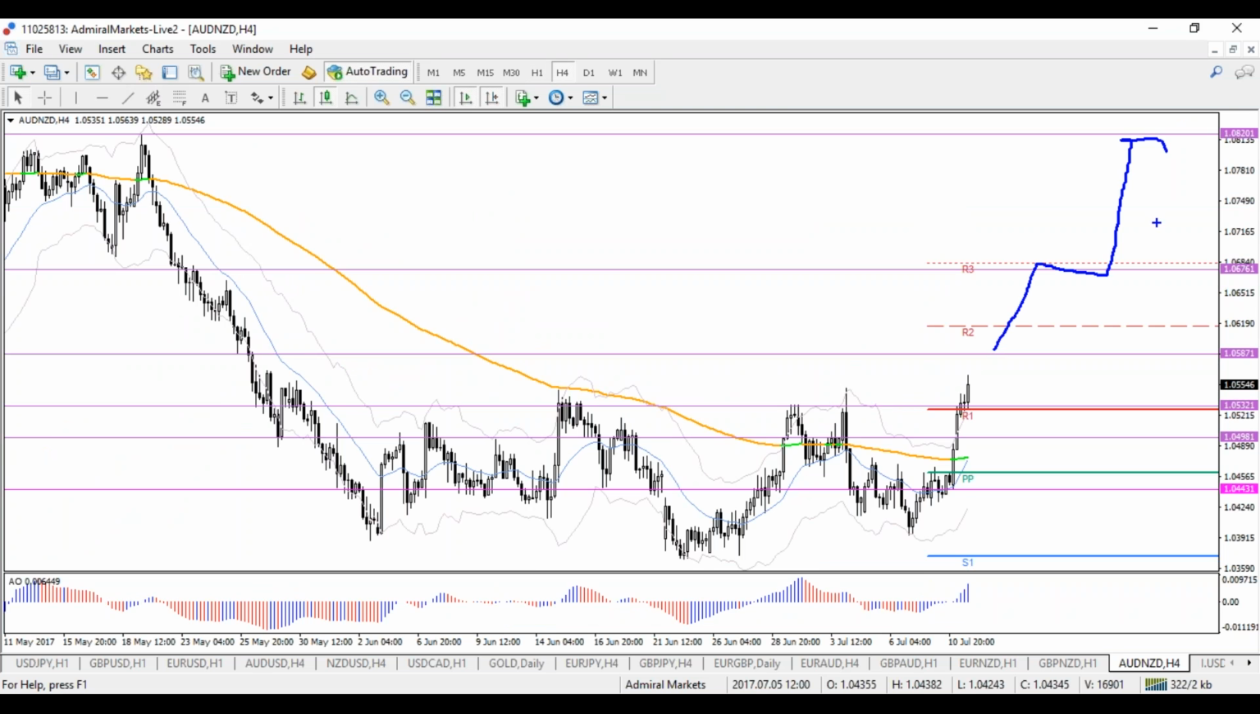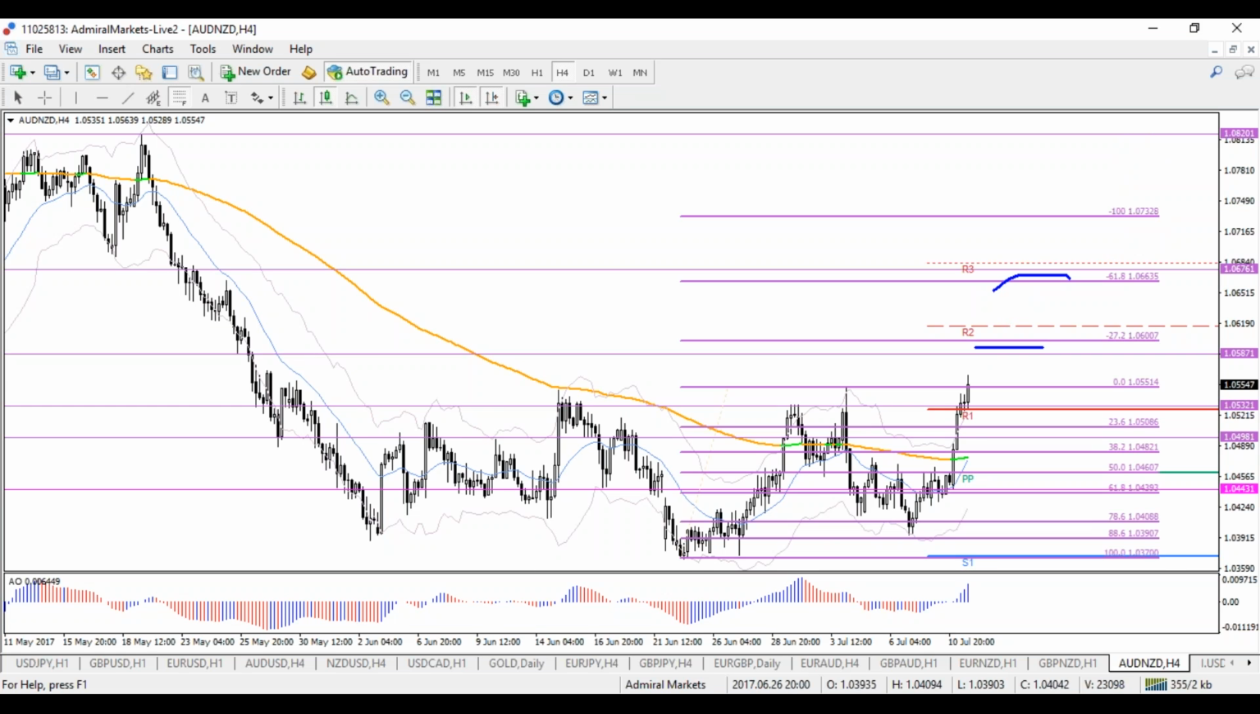We can add the fib from here to here. And we can see that there's a minus 272 target right there. So this is the sweet zone right up in here. That's probably where we see the most momentum. Until then, I think that there is a chance,